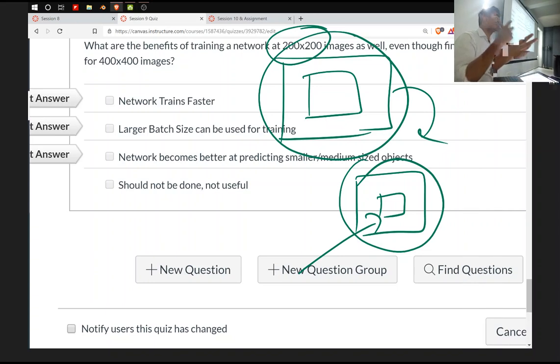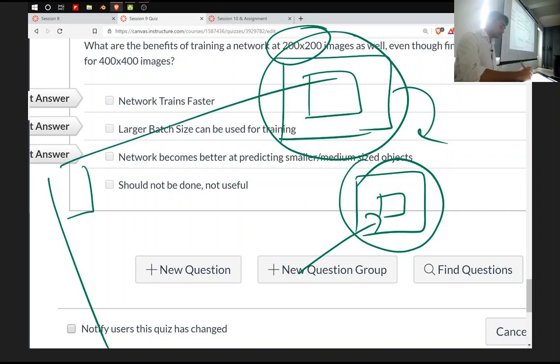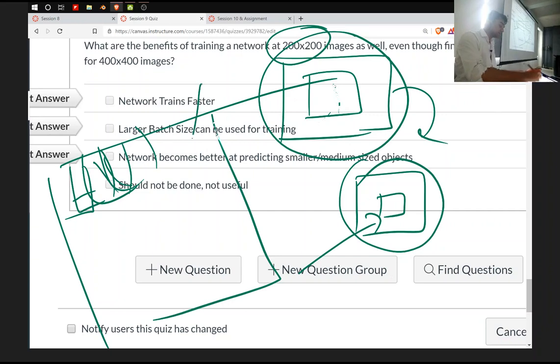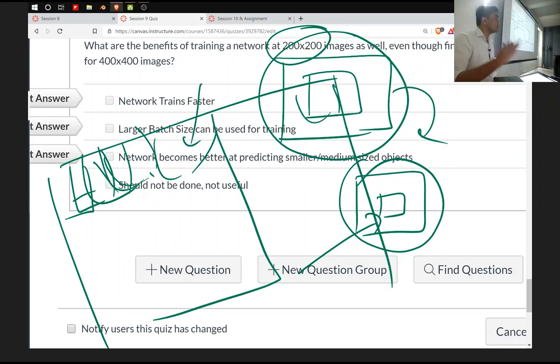And because you have to do fewer multiplicative additives. If this is your channel, my 3 cross 3 has to travel this and then this and this side and then so on, right? And it will be reaching here and then ending the convolutions. But if my channel size is half, it's done here, which means the overall number of multiplicative additives required for convolution is less. The convolution steps themselves are less, which means our network is also going to be running